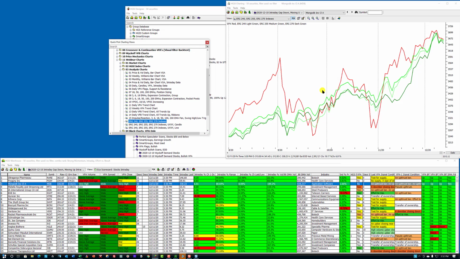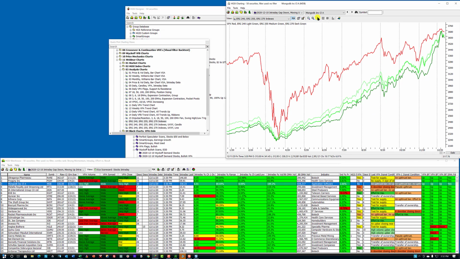These are indexes that are created from stocks that have ERG of these 3 different levels, 240, 255, and 270. If you don't know what ERG is, it's earnings growth, relative strength, and group strength. And these are the leading stocks, as you can see, when the